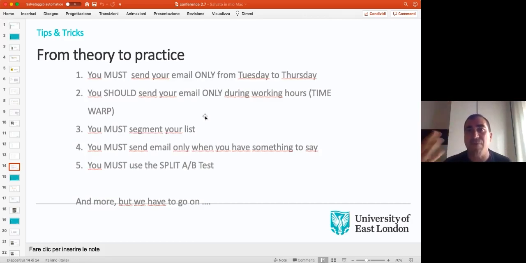So you have a pop-up with something interesting, and you can spend 10 seconds looking at the newsletter. Maybe you get some information out of that, and you say, okay, this is interesting, I keep it. I know it's hands-on, I told you, this is a hands-on approach. These are practical tips. But the difference between 0.1% opening and 20% opening derives from this kind of tools, this kind of acting. You must segment your list. Do not send the same email to everybody. Now you know that you are starting to know your customer and the message has to be different.